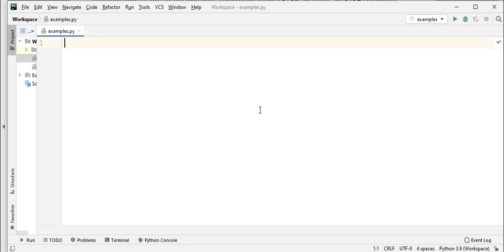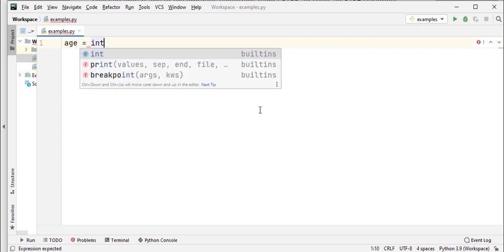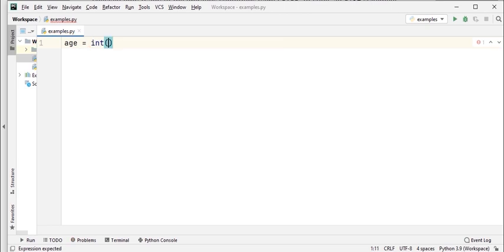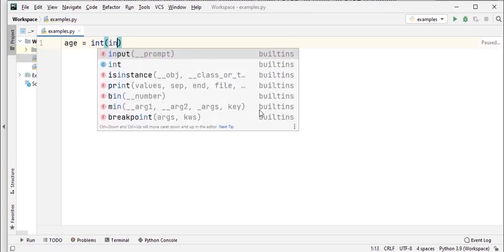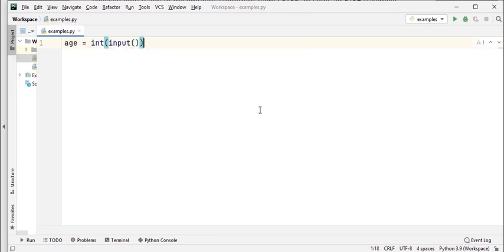So here I will take an input from the user, say age is equal to, and because age is an integer value, I have to convert it into integer right away, and I will take the input now, and then I will press enter. I will take the next variable, which is name is equal to, and again I will take input from the user,